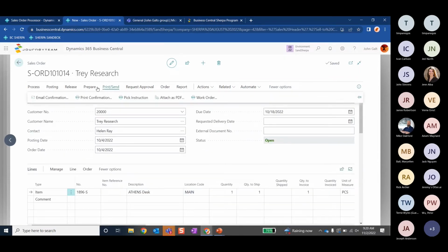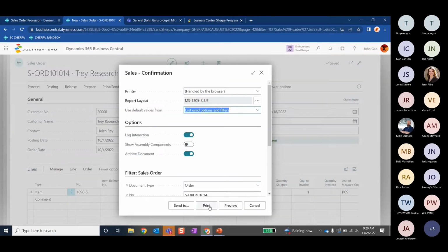We also have the ability to print the reports here. As we print these reports, I'll let it think for a second. We'll jump over to